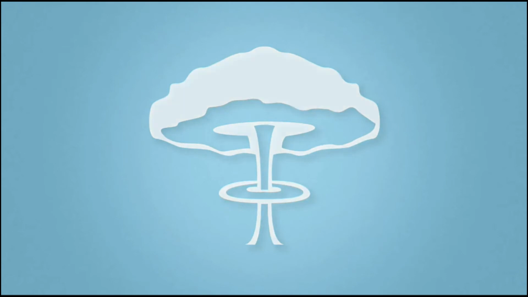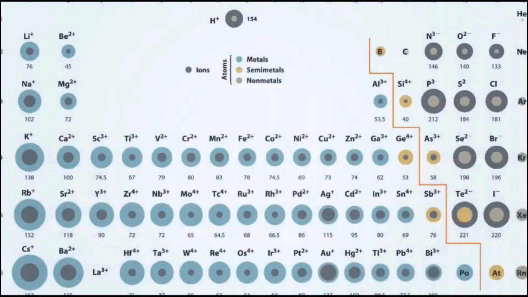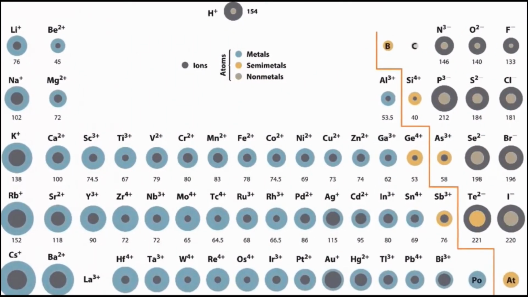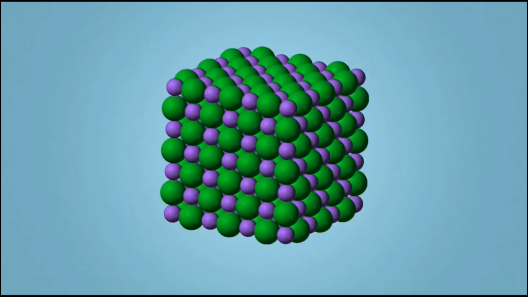He was kinda wrong on that one. He also stated that all atoms of the same element are identical in mass and size. And that one's really not true either. Sorry Dalton, you're only 1 for 3 so far. His fourth point states that atoms of one element are different in mass and size from the atoms of other elements. And his last point states that compounds are created when atoms of different elements link together in definite proportions.